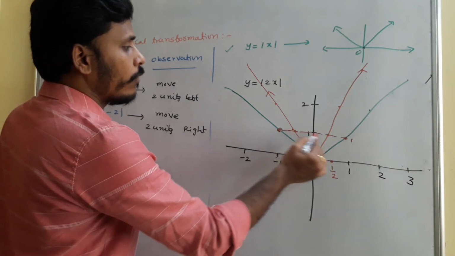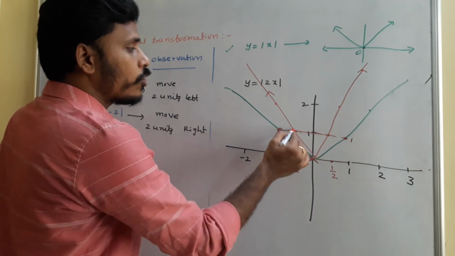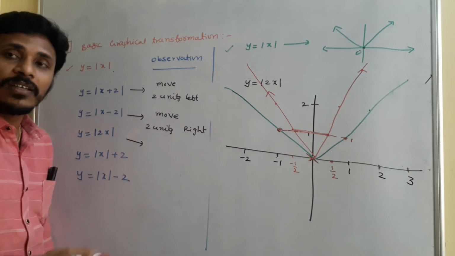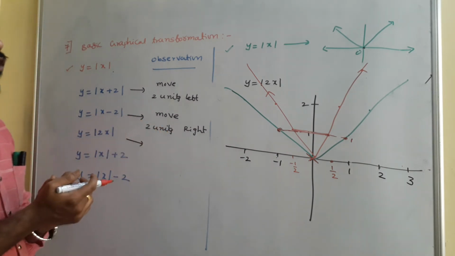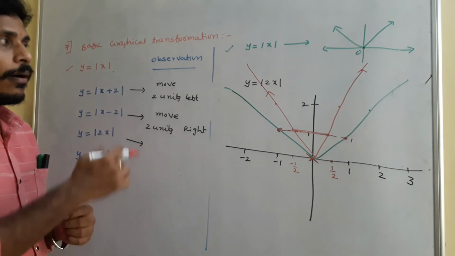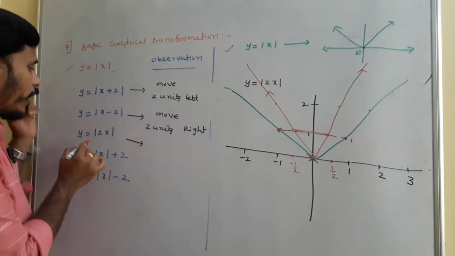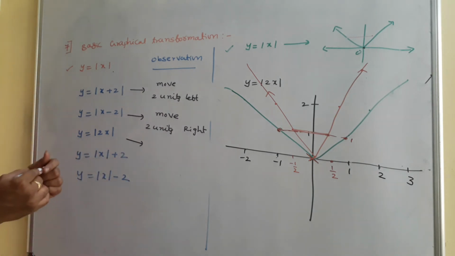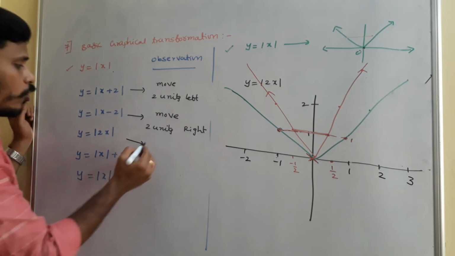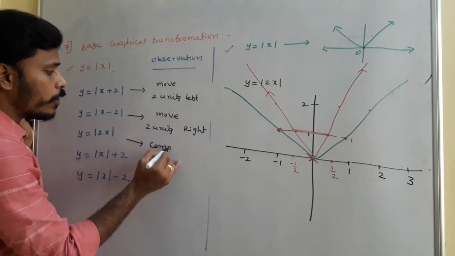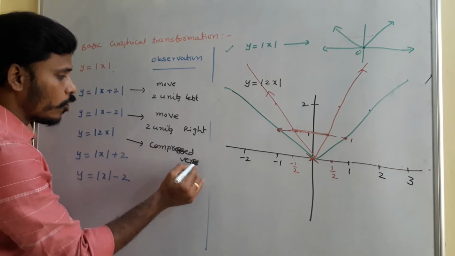Minus 1 by 2 and 1 by 2. This is 1 only, right? This total length is 2 units and this total length is just 1 unit. In the sense, the graph just gets compressed by half, or the actual length when divided by 2 gets compressed. So we need to identify that the graph of y is equal to mod 2x is just a compressed version of the graph of y is equal to mod x. That's what we need to observe, okay? It's just a compressed version, okay?